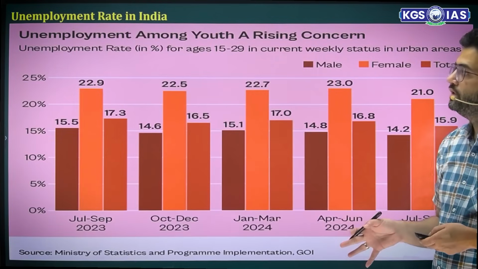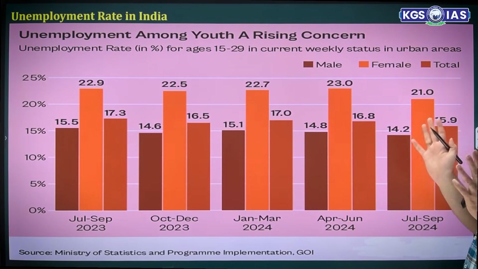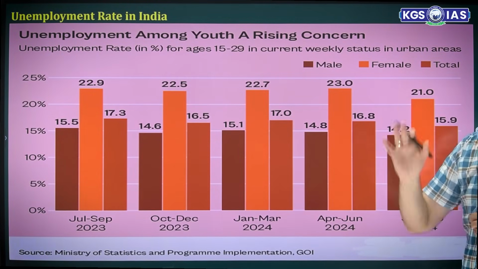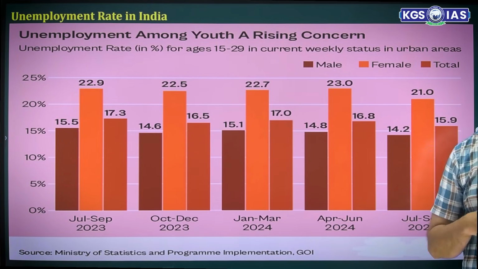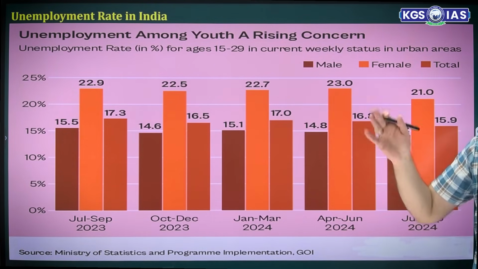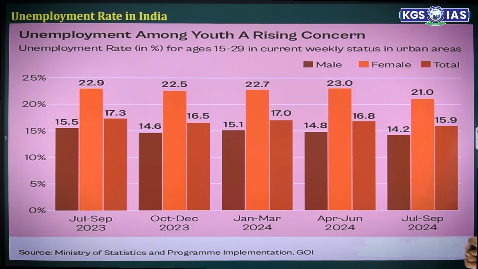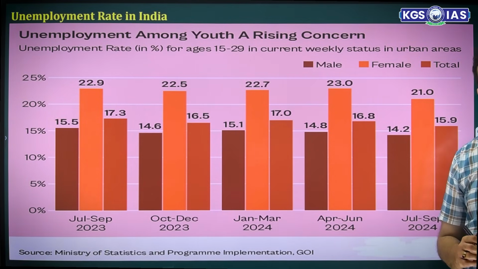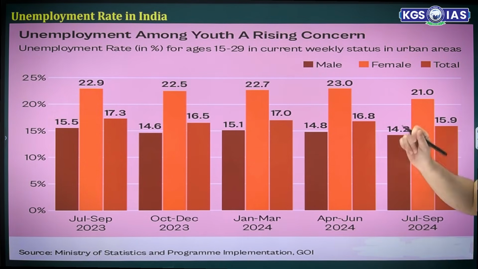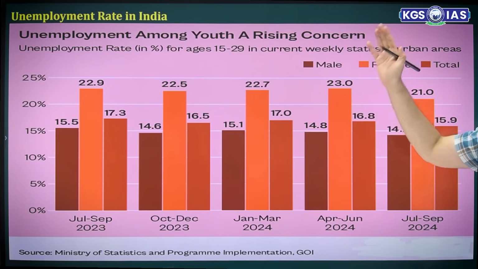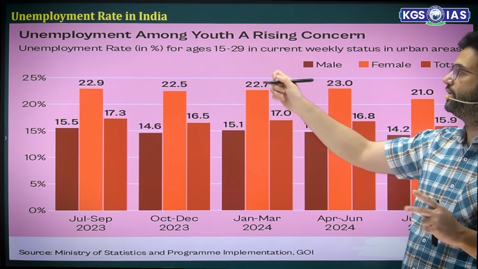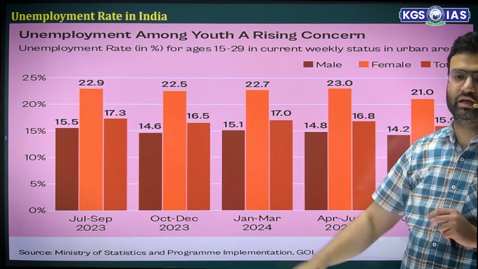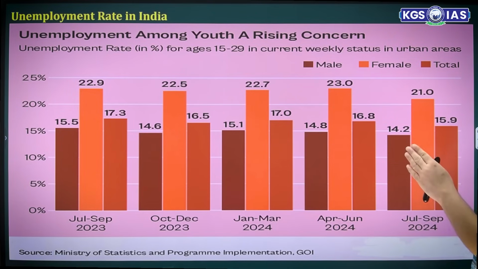Now, one more data I have is regarding the unemployment among youth. As I told you, the demographic dividend is a kind of appreciation we always receive, but when you see this data, it turns out to be a more stressful situation. Now, if you see the demographic dividend in the context of the unemployment rate, this is between 15 to 29 right now. So, the age group of 15 to 29,